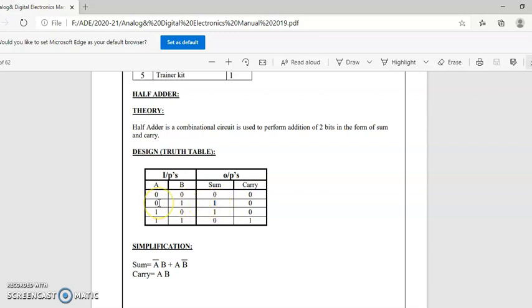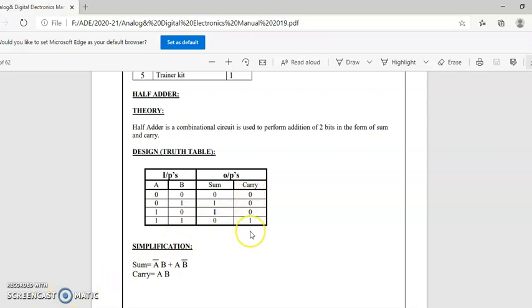Variable A has been given 0 and variable B has been given 1, which means it is A bar B. So the input associated with this one is A bar B. Plus, what is the input associated with this other one? It is A B bar. So A bar B plus A B bar is the result for this sum.